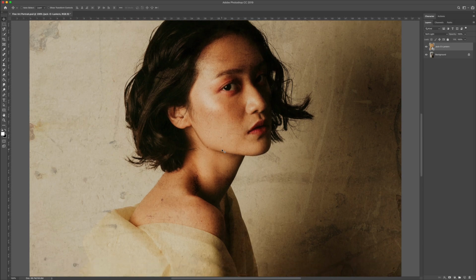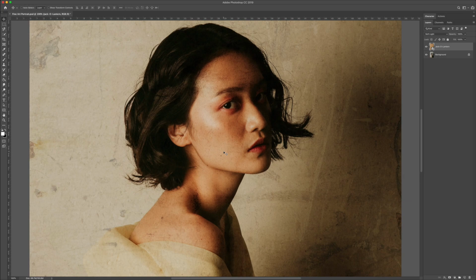So I'm going to show you how to remove the texture where you don't want it, and just the opposite, I'll show you how to add it only where you want it. So on our texture layer, I'm going to apply a layer mask, and that's this little icon at the bottom here. So we have this layer highlighted. We're going to click this, and that puts a white canvas on top of this layer. Now, what a layer mask does, quite simply, if it's white, that layer is going to show up. If it's black, it's not going to show up. So because it's white, it's showing up. But if we use the brush tool